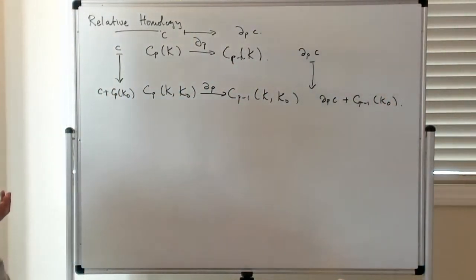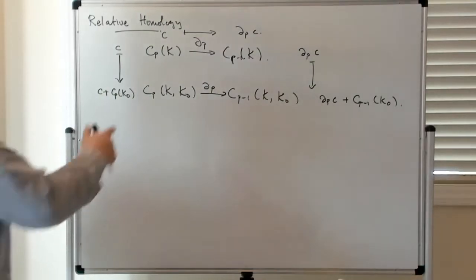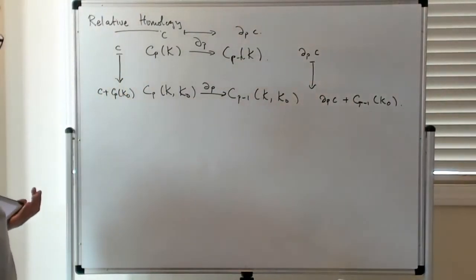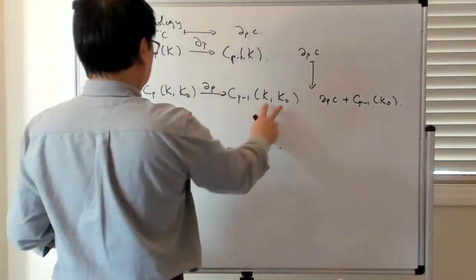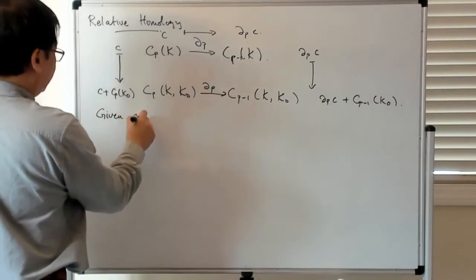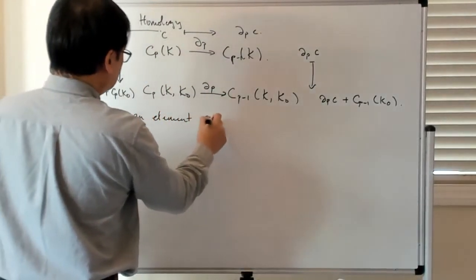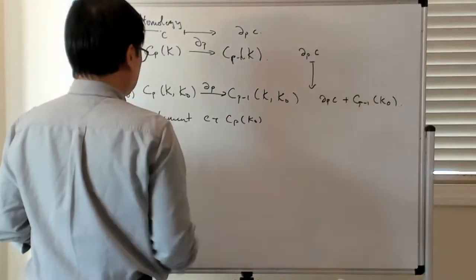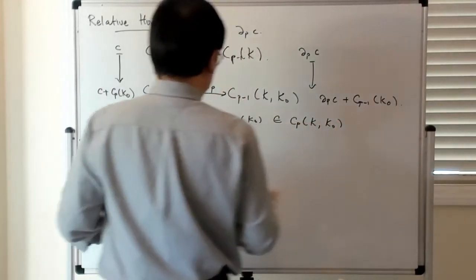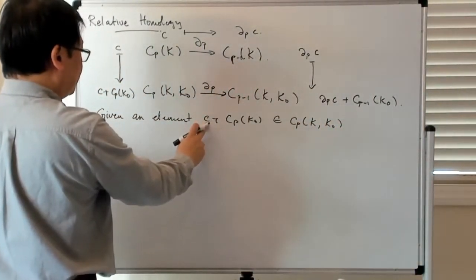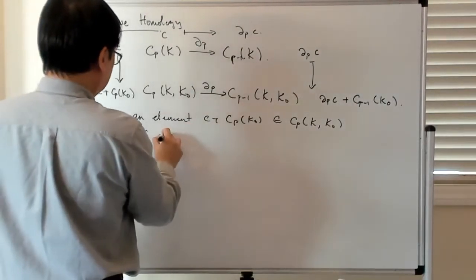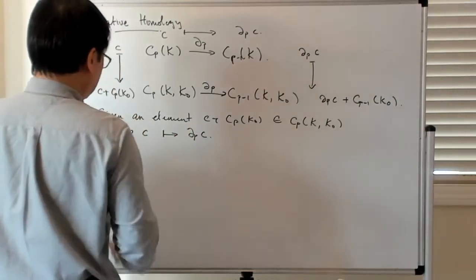So the basic idea is that the boundary operator at the unquotiented space induces a boundary operator in this quotiented space, which is the space of relative chains. Given an element c + C_p(K0) in C_p(K, K0), what you do basically is you map the representative element, which is c, to the boundary of c, and then you consider the coset,